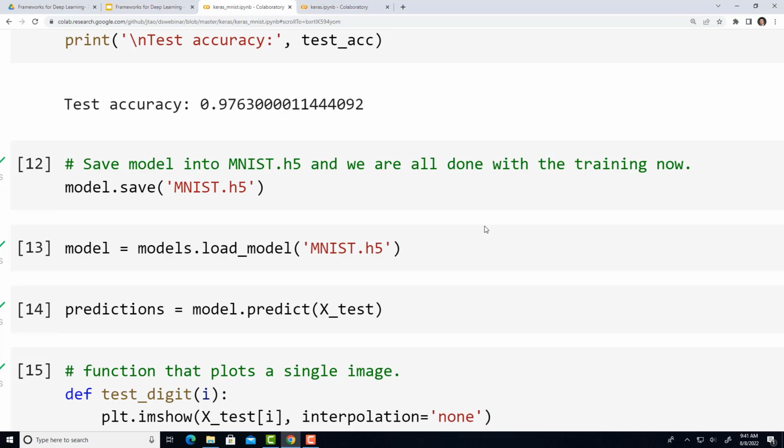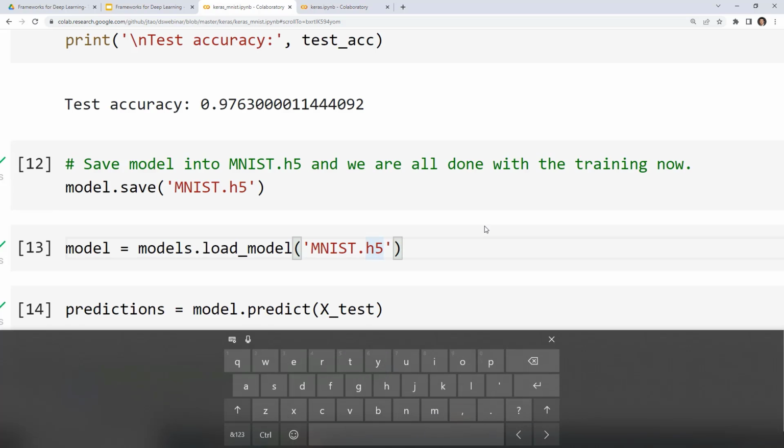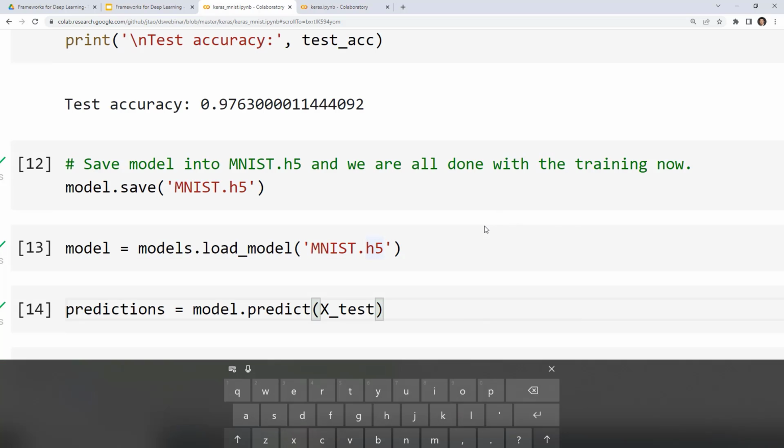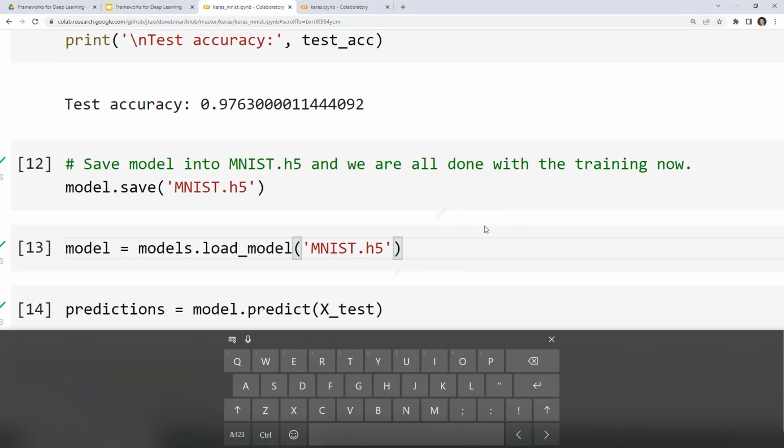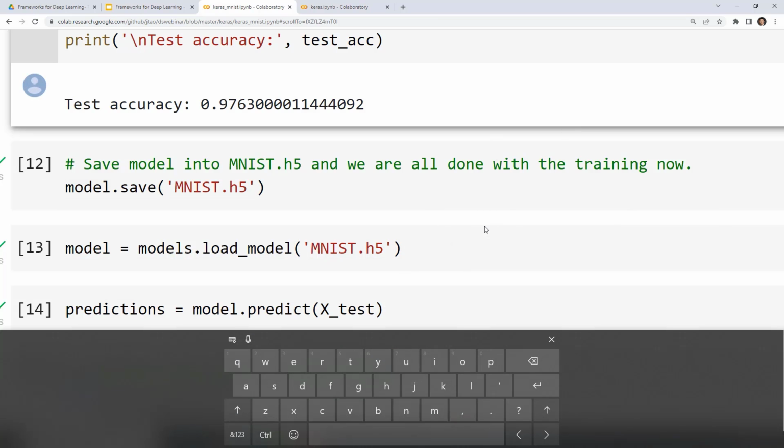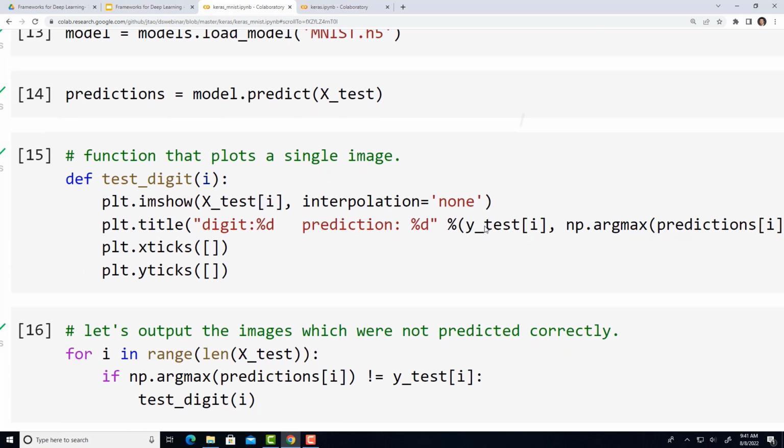Basically, what you will be using after this load model function is from the saved file, not from the trained model anymore, because after we save and load it, the model we are using will be from the saved file. Then we do the prediction. And simply we take x_test as the input. Your predict function can take a single input value, or you can take an array, and your output will correspondingly be an array, and you can plot it out.